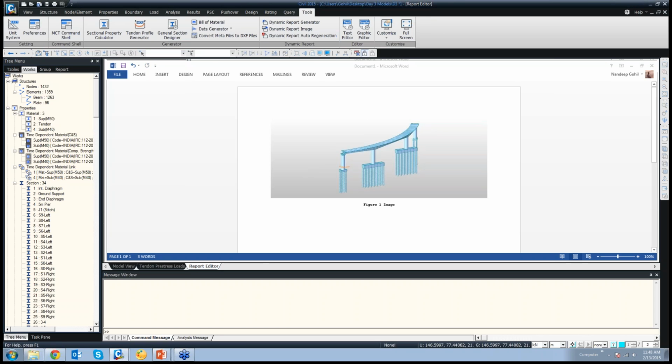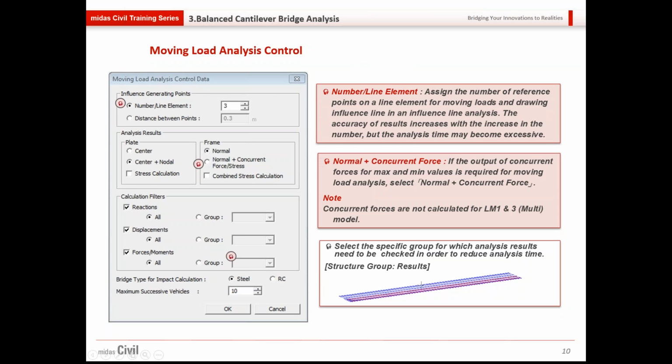So in this way, say after you have done a lot of analysis and everything, and you are making a few changes to the model, or say you are adding more load cases or anything, and if you have made images and the report is ready, you don't need to recreate the entire report. Just simply after you are done with that, you have to come to this, go to dynamic report auto regeneration, click it, say okay, go have a cup of coffee, and by the time you are back, the entire report would be done by itself. Okay. So now moving back to the presentation,